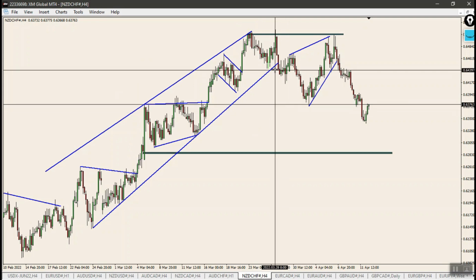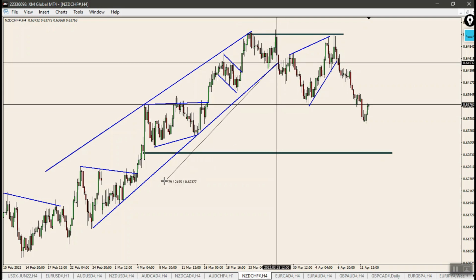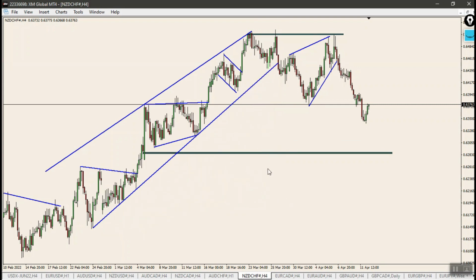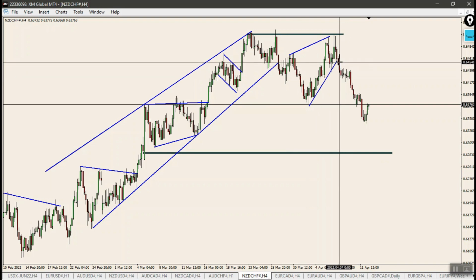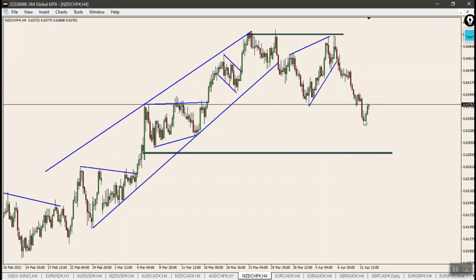Now it did not necessarily respect the 90% rule, but it did give us a rising wedge and another opportunity to scale in, or rather to re-enter. And now the market did drop for 100 and something pips. So if you somewhat manage to find a good balance between valid trades and high probability setups, I'm telling you, it will improve your